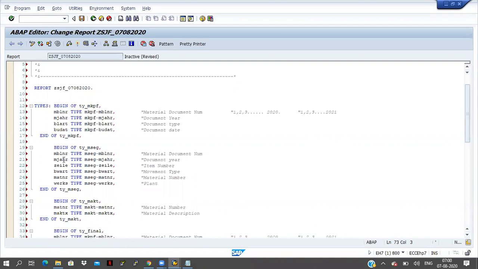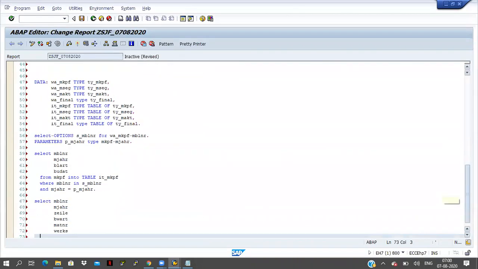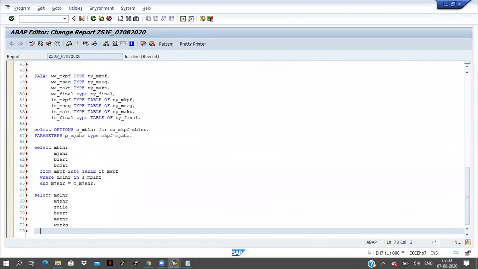And one more thing: how you are declaring the fields here, in the same order only you have to write the select query. If WERKS is coming last in the declaration, and I write it in the first field in the select, then it won't work, data will mismatch here. So how the order of the fields is in the internal table declaration part, the same way we have to write the fields in the select query. The fields should be in the same order in the select query and the declaration part.